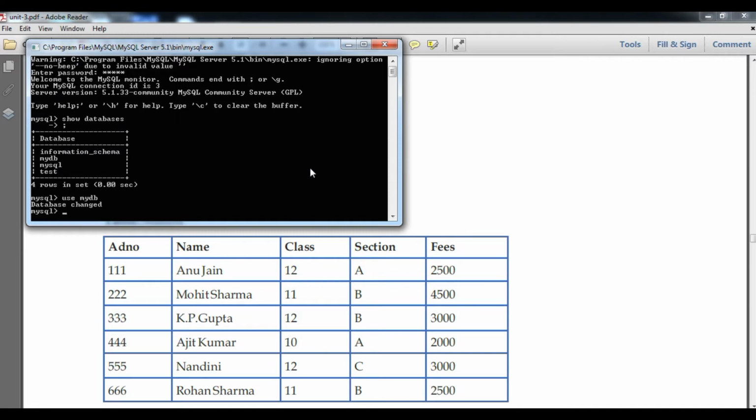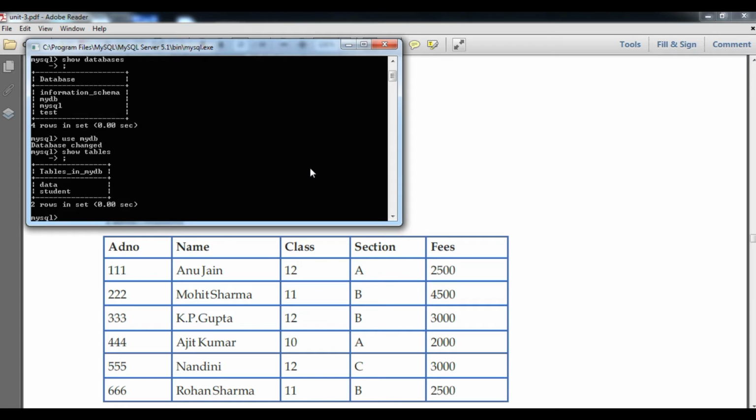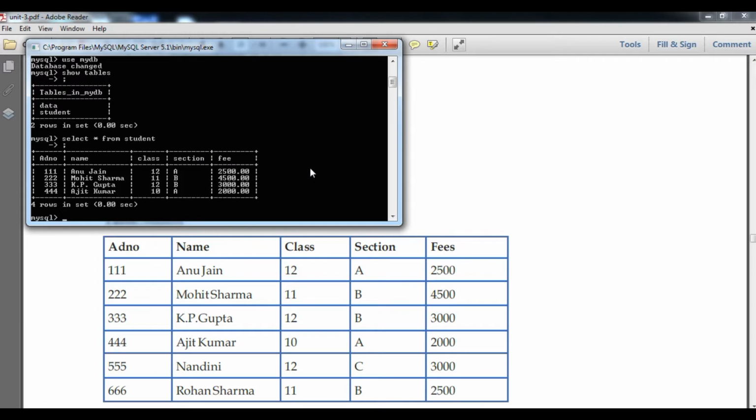If I want to know how many tables are in my database, I type show tables along with the terminator. You can see there are two tables, data and student. Student, once we want to see the full record of the student table, for that I will use select star from student, because star is a wildcard character and it will show all attributes and all records of a table, and then the terminator.